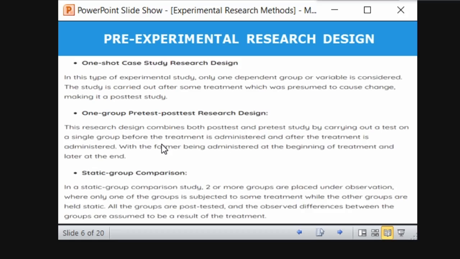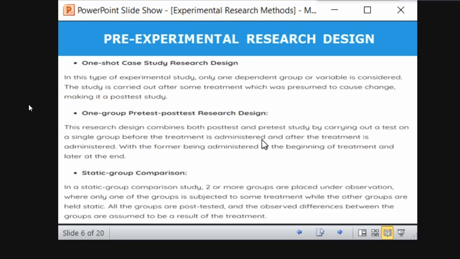That is the pre-test. So you see, here the treatment is administered. What is the treatment in our case? The units and the subject content. After learning everything, again you take the post-test. That means your performance either might have improved or declined, right? Before learning anything, if you take the test, obviously your performance will be low. After learning the concepts and syllabus, if you take the same test, your performance will be high.